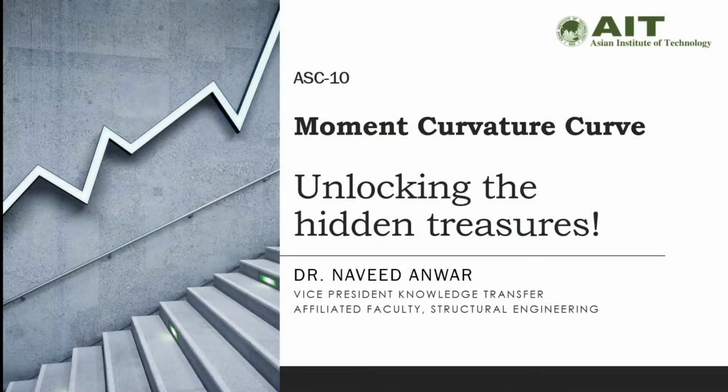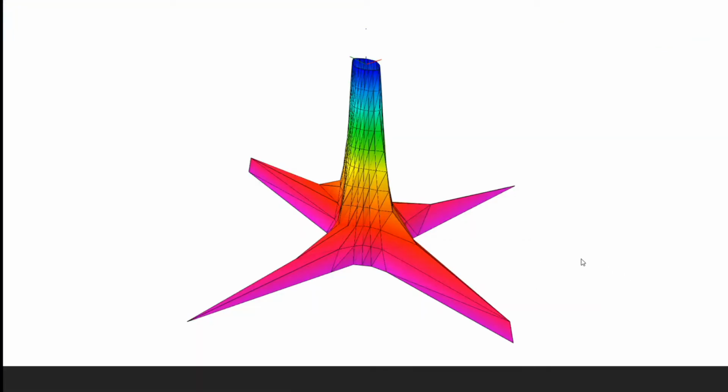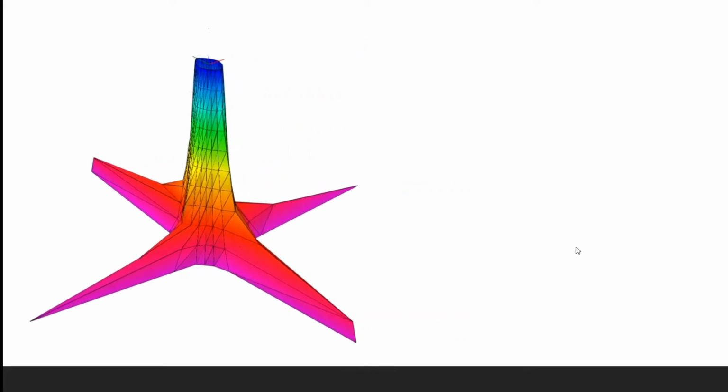Let's get into the moment curvature curve and understand how this is generated, and also look at some of the things that we can find from this curve. Let me start with this display. This is a display which maybe most people may not have seen. This actually represents the curvature capacity of a cross-section with the variation, with the axial load and various axes around